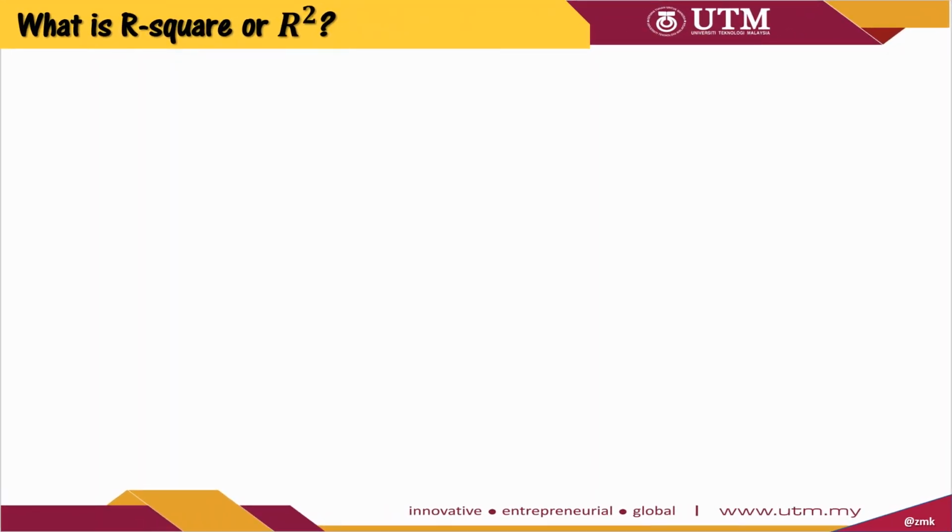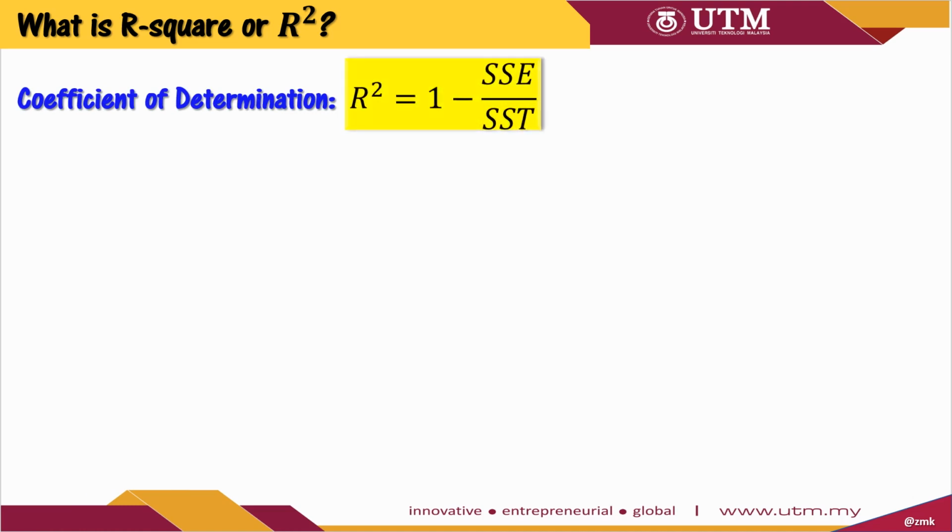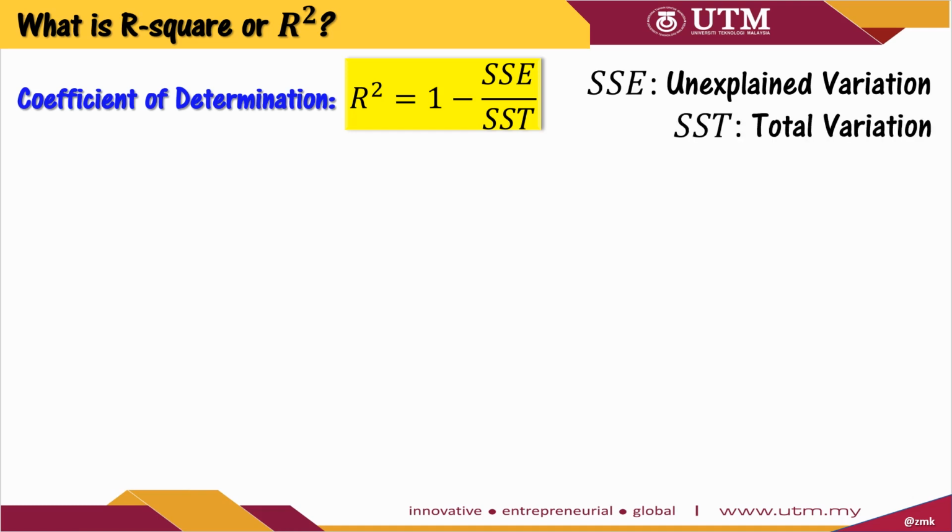Let's look at what R square is. It may sometimes be called the coefficient of determination, and by formula, R square is defined as 1 minus SSE over SST, where SSE is the error sum of squares, which represents the unexplained variation in the data, and SST is the total sum of squares, representing the total variation, or simply SYY. You can also check that this R square value is the same as the square of the sample correlation